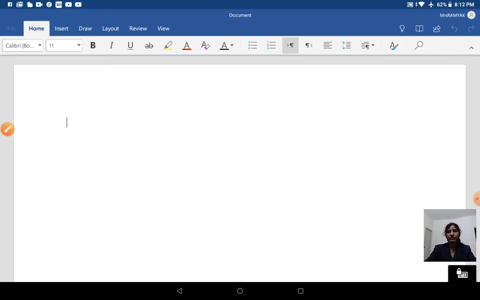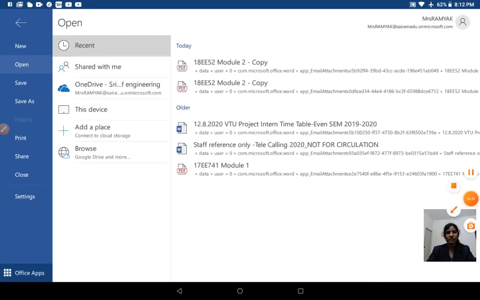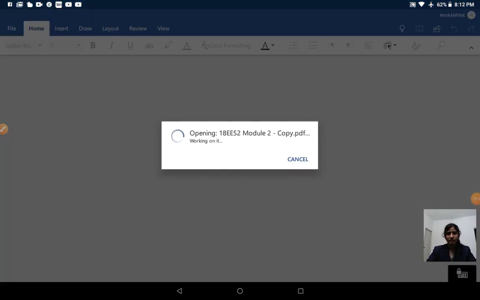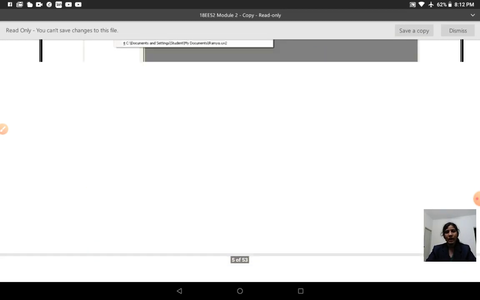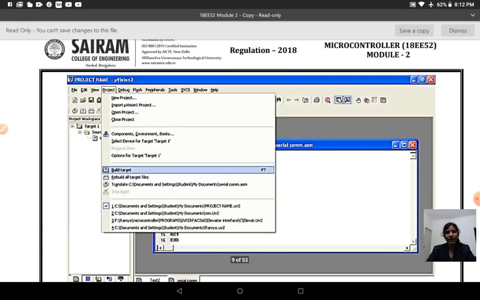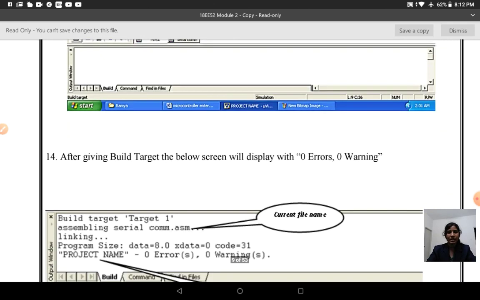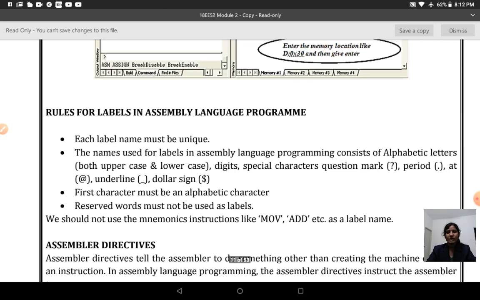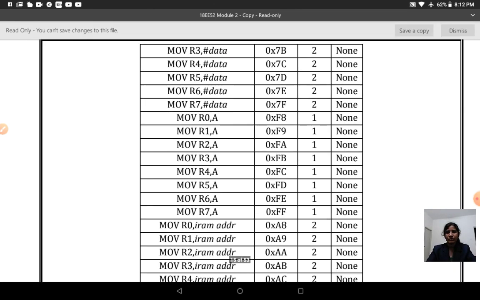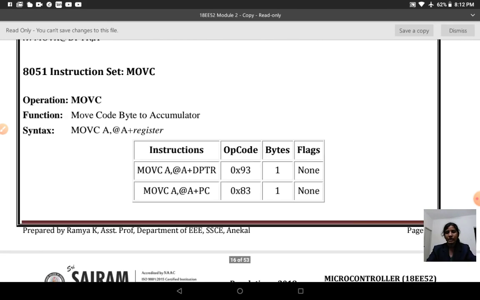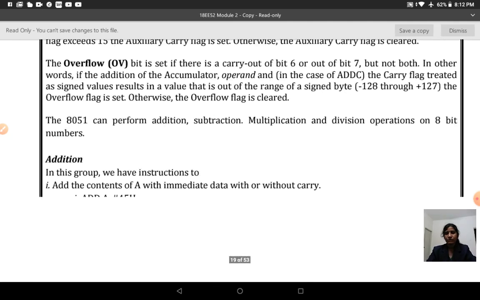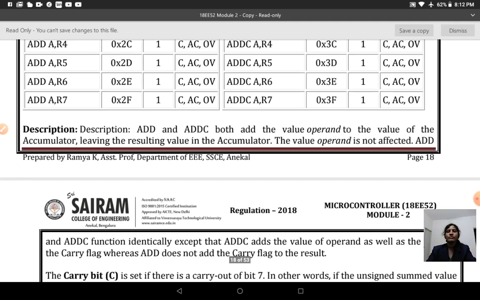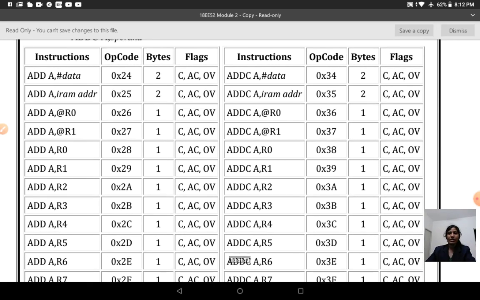Next is your add instruction with different addressing modes. Now whatever I have shown is immediate addressing mode. Now I will show with some indirect addressing mode. You can see here, the next one is ADD A comma hash data.